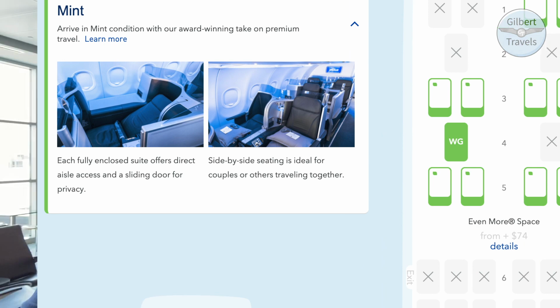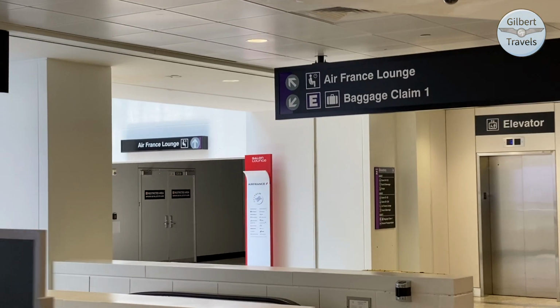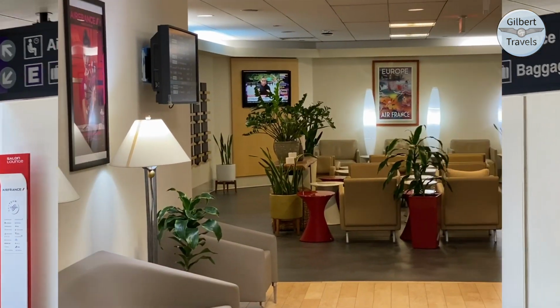As well as since I last flew Mint last year, they've launched all new product on board, food and amenities, so I'm looking forward to experiencing that. For right now, I'm going to head over to the Air France lounge, trying to get in with my Priority Pass membership. JetBlue famously has resisted offering lounges of its own, even for its premium Mint passengers, focusing on the